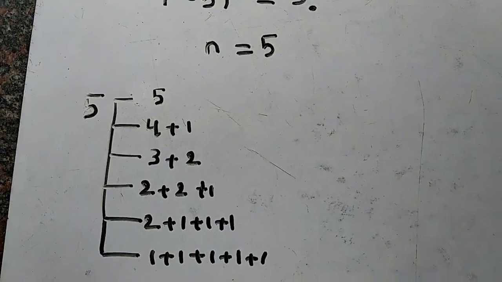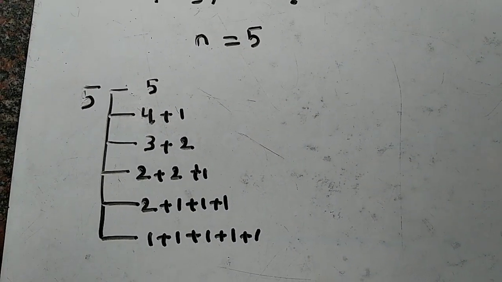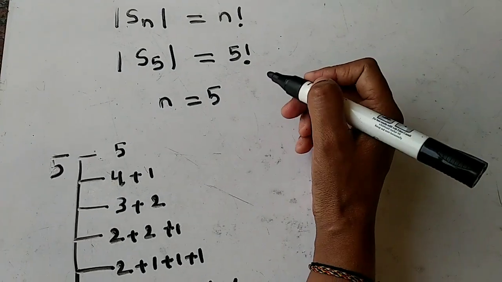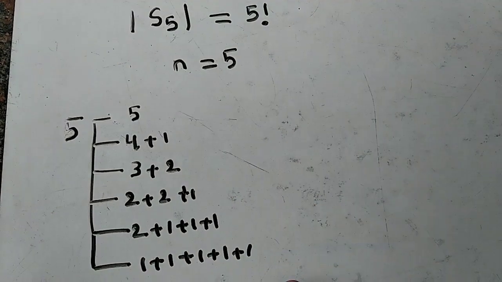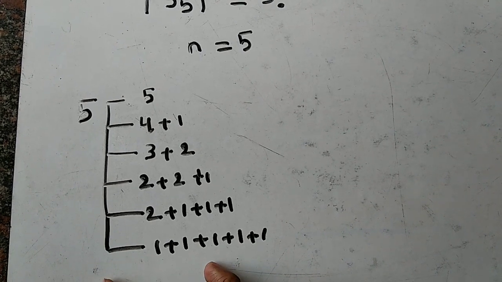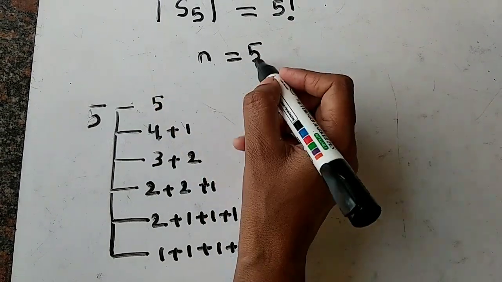So these all are what? These all are the partitions. Got it? I hope everyone gets this concept. First you have to find this one. This is very easy, but this is a bit difficult, so you should remember this thing. You have to take the partitions of this 5.